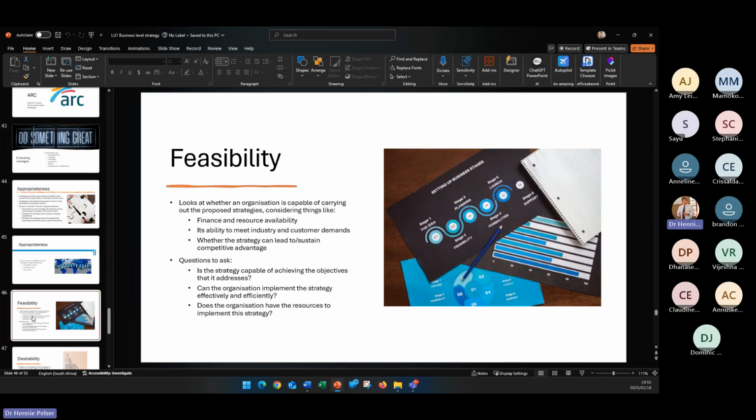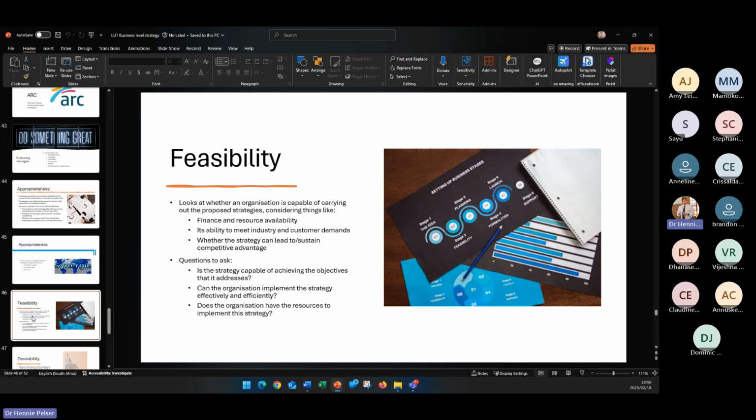The second criterion is feasibility. And here we are looking at whether the organization, based on its resources, is able to deliver on what it intends to deliver. It is about making sure that the organization doesn't overextend itself, that it doesn't push itself beyond its capabilities, beyond its resources, expose itself to risks that they shouldn't be exposing themselves to simply because they are reaching too high and they want to achieve too much.